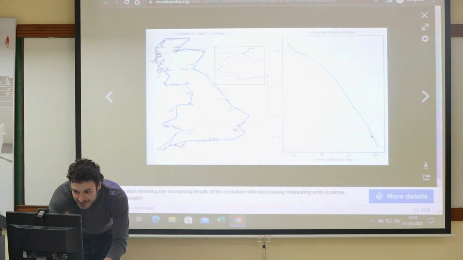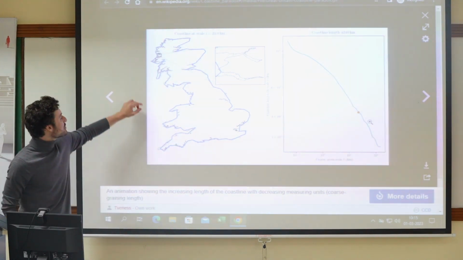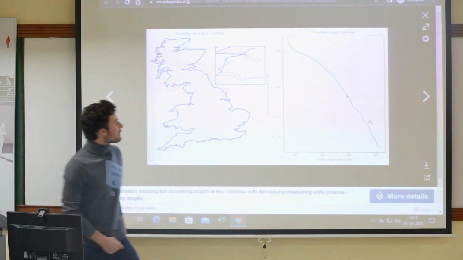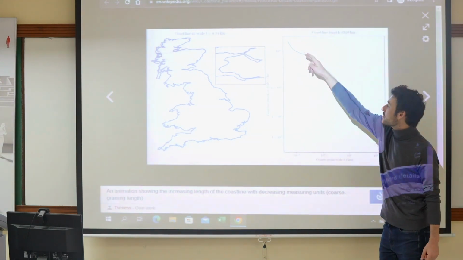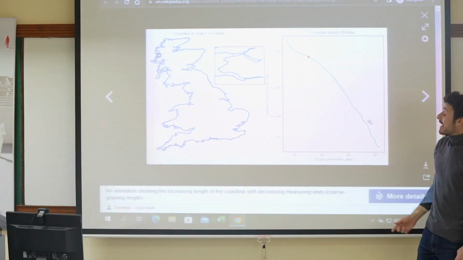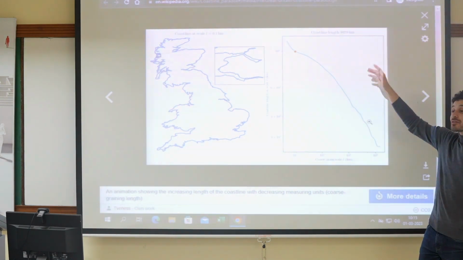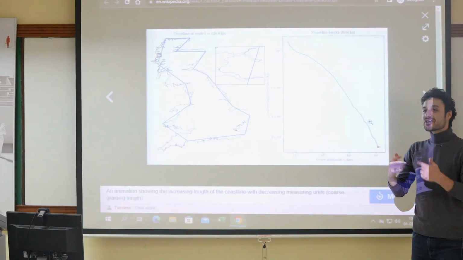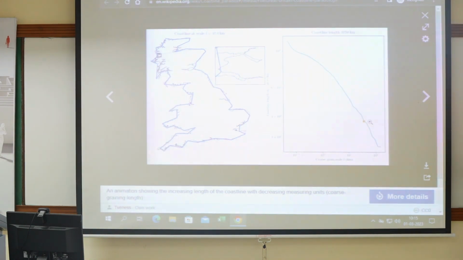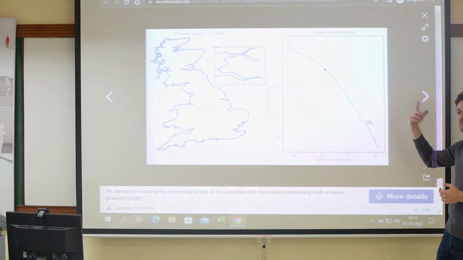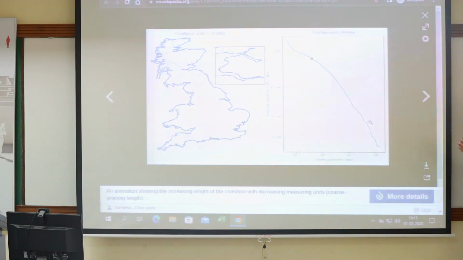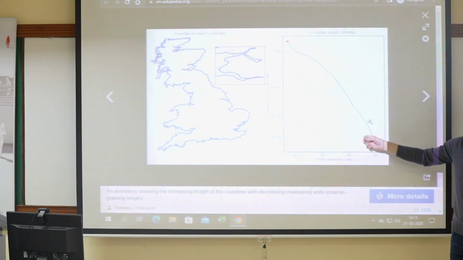So this is, again, a little animation of what happens as you decrease the yardstick. Over here, that's the scale of your yardstick, and this is the length of the coast of Britain. And it just keeps going up. It really is never going to settle. Now, in reality, no one's measuring the coast of Britain to the precision of a grain of sand, right? So obviously, in some real sense, the coast of Britain isn't infinite, right? But in the mathematical sense, if you think of the coast of Britain as having this kind of infinitely detailed structure, then it really has an infinite length.